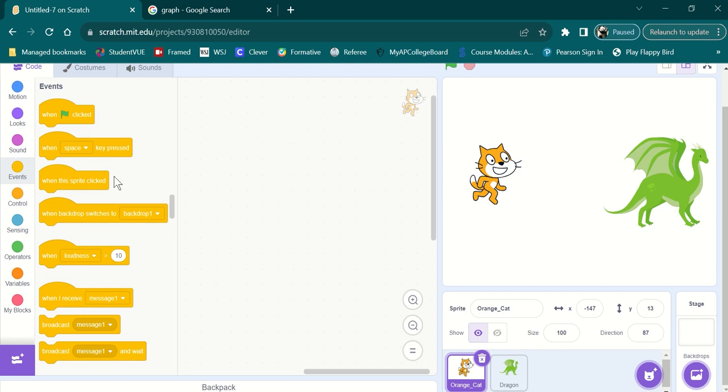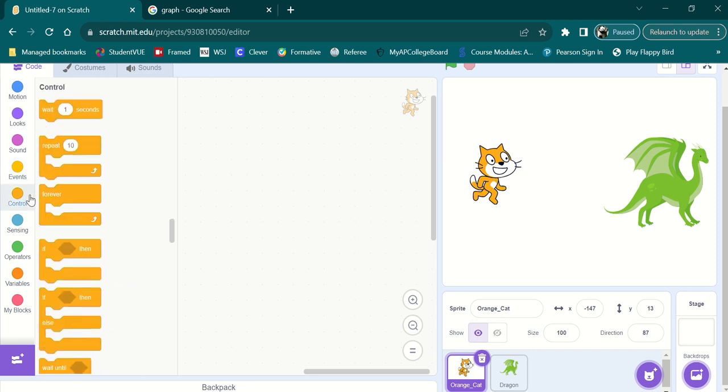Events is going to dictate when to start running certain blocks. So I'll explain the green flag for a little bit. The green flag is basically your start button. Whenever you go to a person's program or game on Scratch, you're going to click the green flag. That's your start button. That's what's going to start running the whole thing. So 9 times out of 10, actually 10 times out of 10 pretty much, you're always going to have one green flag clicked block. Whenever the program starts, whenever they hit that button,